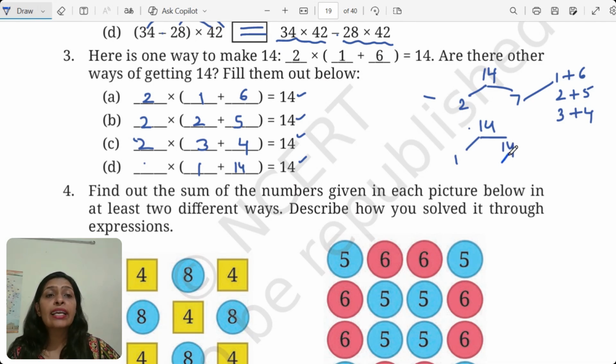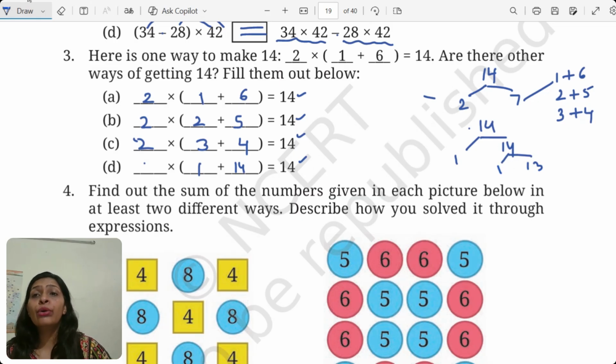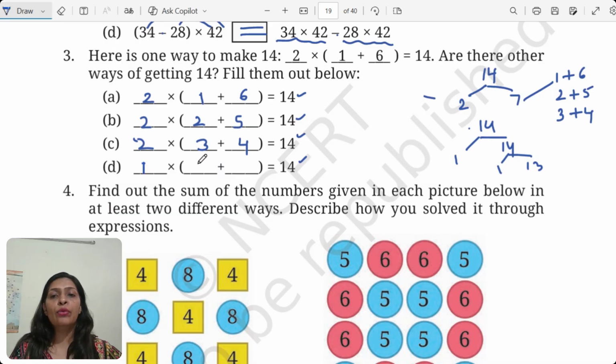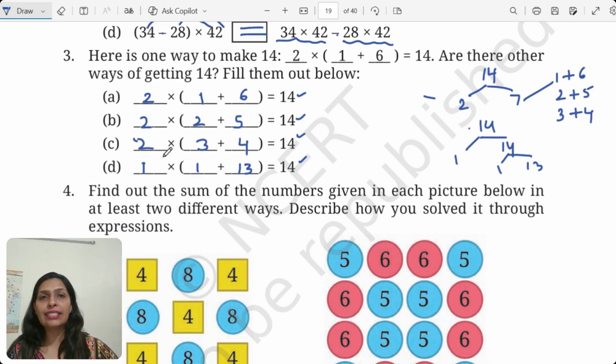But what I can do is further divide 14 as 1 and 13 maybe, right? So in order to get the answer here, I can simply write the number 14 as 1 times 1 plus 13. All right, and I'm sure you got the pattern. Now can you find some more ways? I would like to get at least one more pattern from you. If you have understood this one, I'm sure you would be able to do it. So do write in the comment section what your pair of numbers is.